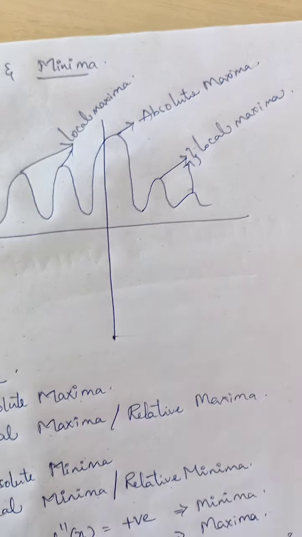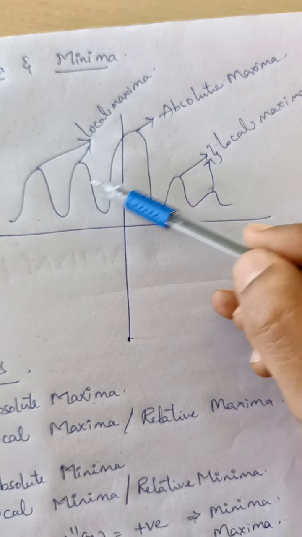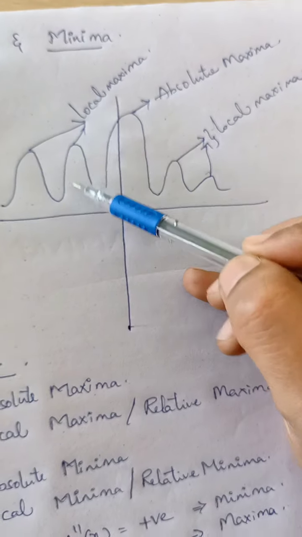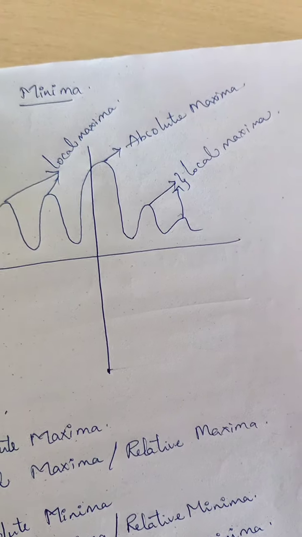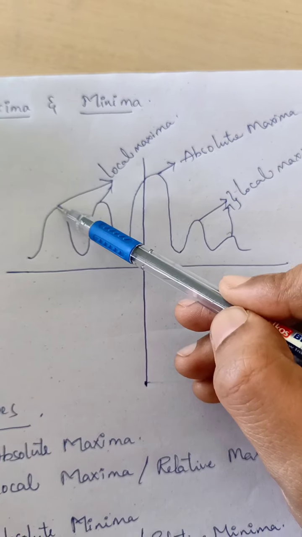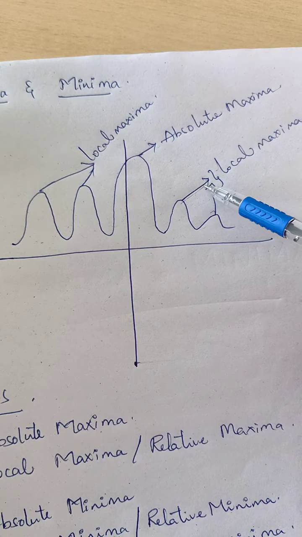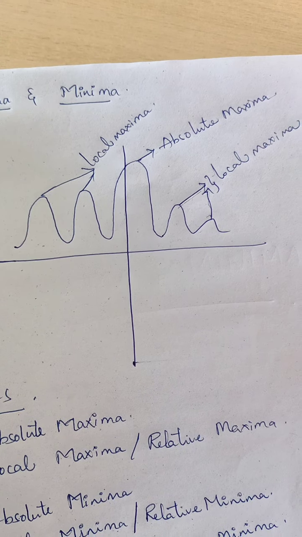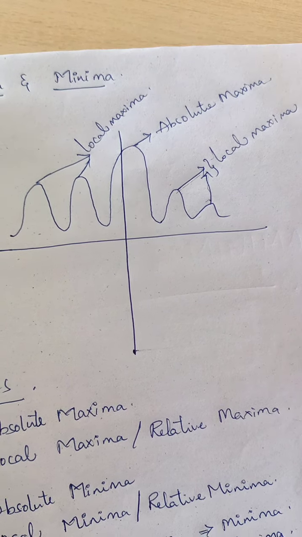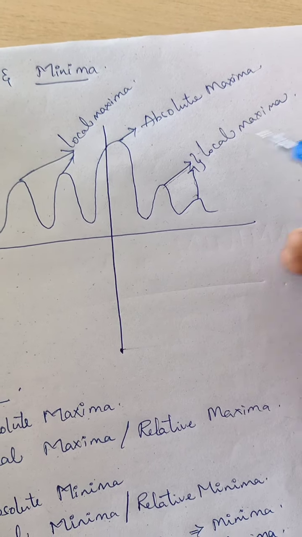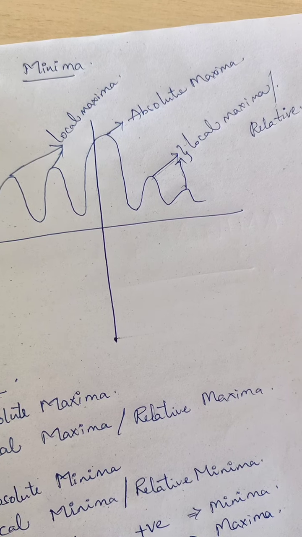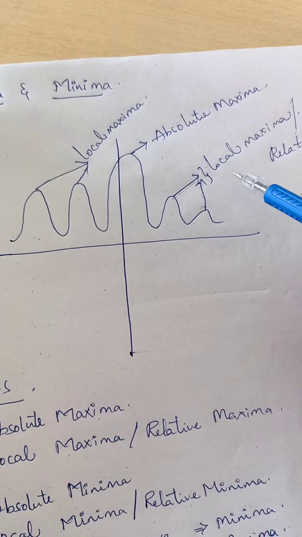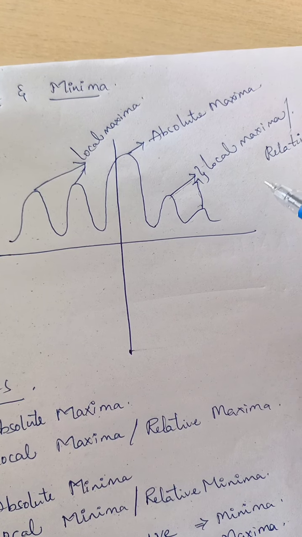First of all, see here, we have to take this function which deals with this curve. Rising and declining, rising and declining. This is the function. Here the rising parts are known as maxima. In these maxima, what is absolute and what is local? Local is also known as relative maxima. How can we estimate which is the absolute maxima and which is the local maxima?